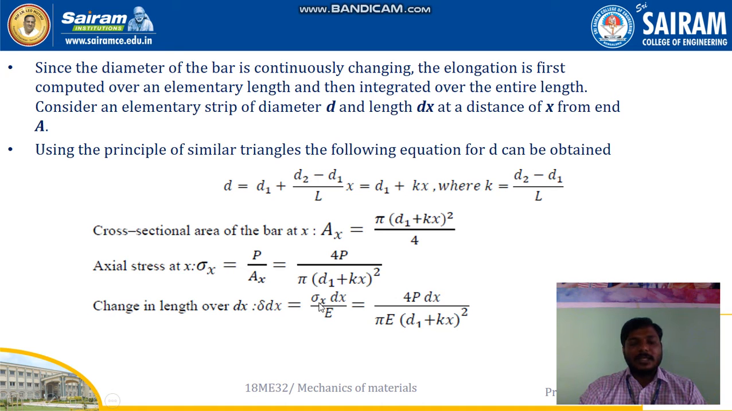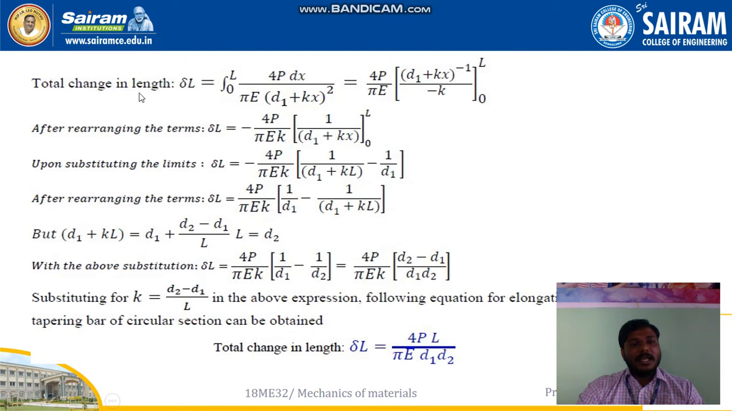So now the change in length is the original length, and what we required is stress. The axial stress we got is sigma x into dx, divided by E. E is nothing but Young's modulus. So now by multiplying this, 4P is nothing but a load, and for the shear stress I have written the same equation, and we have multiplied with the Young's modulus. So now we need to identify the total change in length